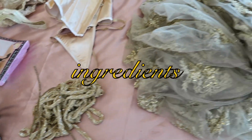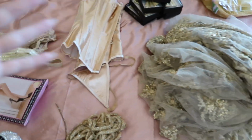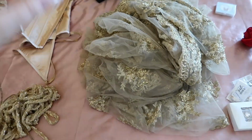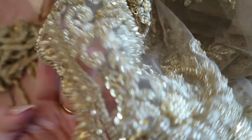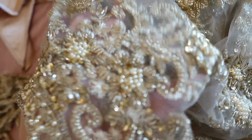All right, so here is what we ended up getting for this project. As you can see, it is all a very lovely shade of gold. But yeah, all right, here we go. Ingredients, beginning with number one. I got this beautiful golden fabric. You can see, oh my gosh, look at the detailing on that. Oh, it's beautiful. So we're obviously doing an interpretation of the usual yellow, and we're gonna do all gold themed